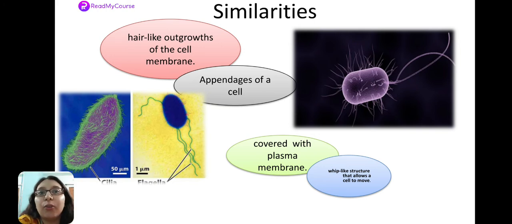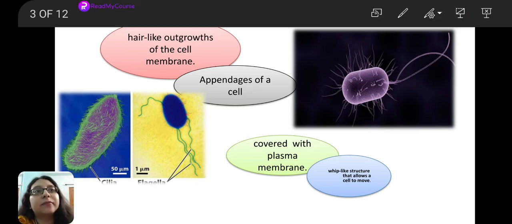So in this picture, we can differentiate a little bit about how a cilia looks under a microscope and how a flagella looks under a microscope. See, the cilia, as we will appreciate, are small brush-like structures on the whole of the outside of the cell membrane, right? And the flagella may be 1, 2, 3, but fewer in number than the cilia, and they are much longer than the cilia. These are the flagella. So under a microscope, we will be easily able to differentiate between cilias and flagellas, right?